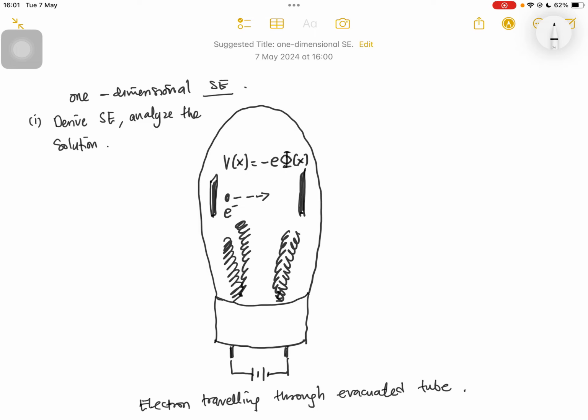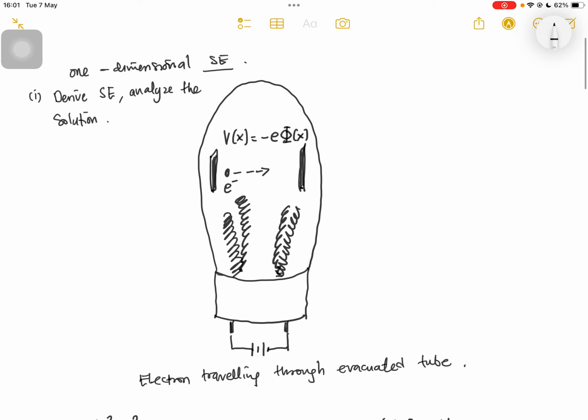Hello class, today I'm going to talk about one-dimensional Schrodinger equations. The aim for today is students should be able to derive Schrodinger equations and importantly to analyze the solutions. Now when we talk about one-dimensional system, the idea physically means that your particle